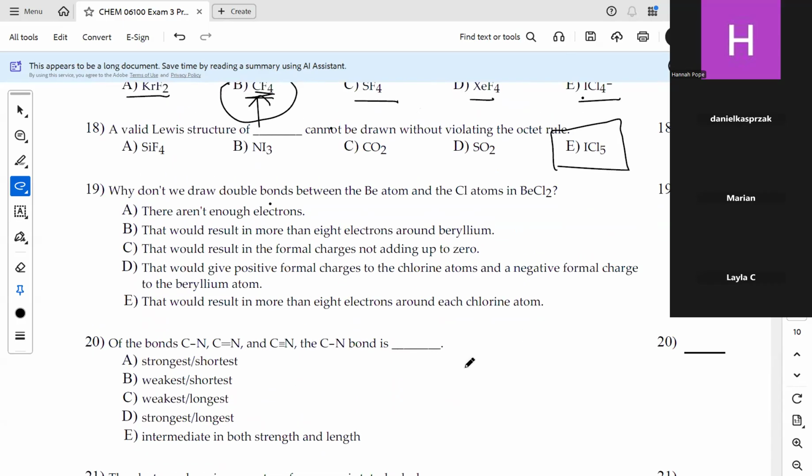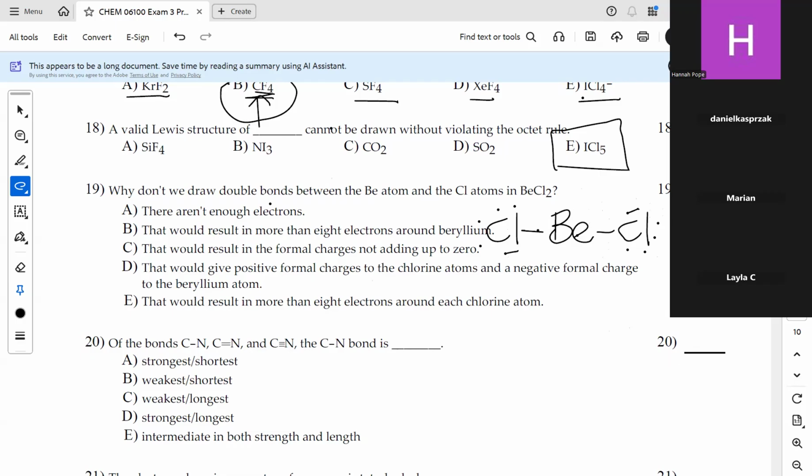Okay, 19, right? We're up to 19. I think we've looked at beryllium dichloride here in class at least once, right? If we were to calculate our formal charge here, and I'm not going to draw all the lone pair electrons, we have 3 sets of lone pair electrons on each chlorine. We have no lone pairs on beryllium. If we calculated our formal charge, we would see that beryllium has a 0 formal charge, and the chlorines all have 0 formal charges. But it's asking us why we don't form double